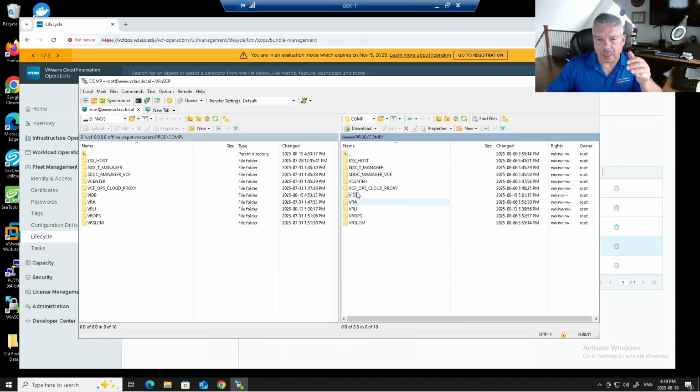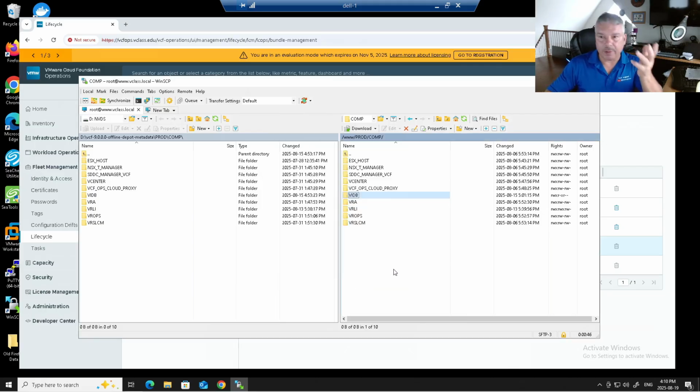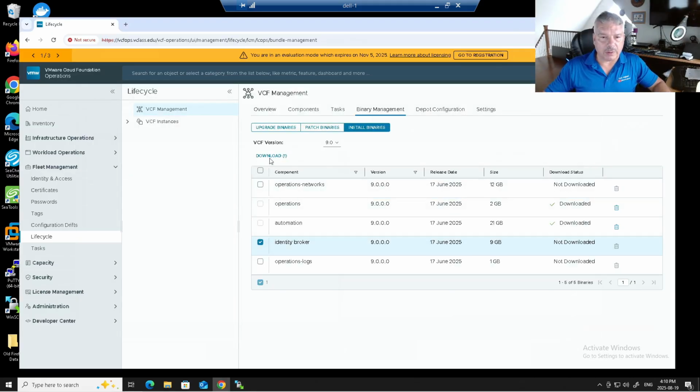And notice I'm using WinSCP, I made that readable to everybody. So I just went to properties and I made that readable for everyone. Okay, again, and that's it. So if you don't have that folder, you need to create that folder, copy that file into that. Where do we get that file? You got to log into Broadcom support and download it. Okay, and then once you've done that, you'll be able to say, okay, I want to download Identity Broker, and